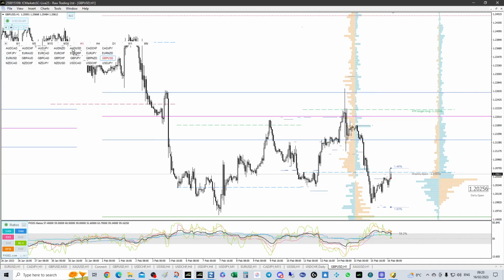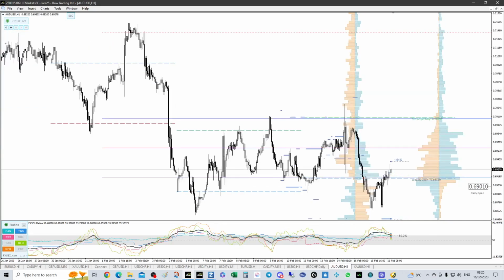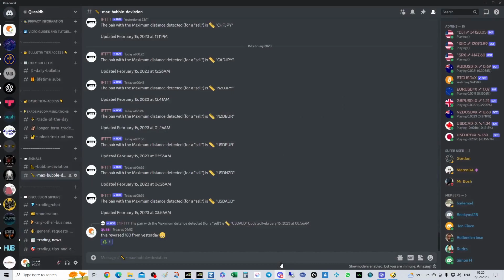180 on this yesterday on the sentiment. It was sell, and now it's buy in the space of one day. So you know, that's that move there. We can see it on our Discord when the signals come through. Yeah, so basically sell USD, buy Aussie, and then yesterday,